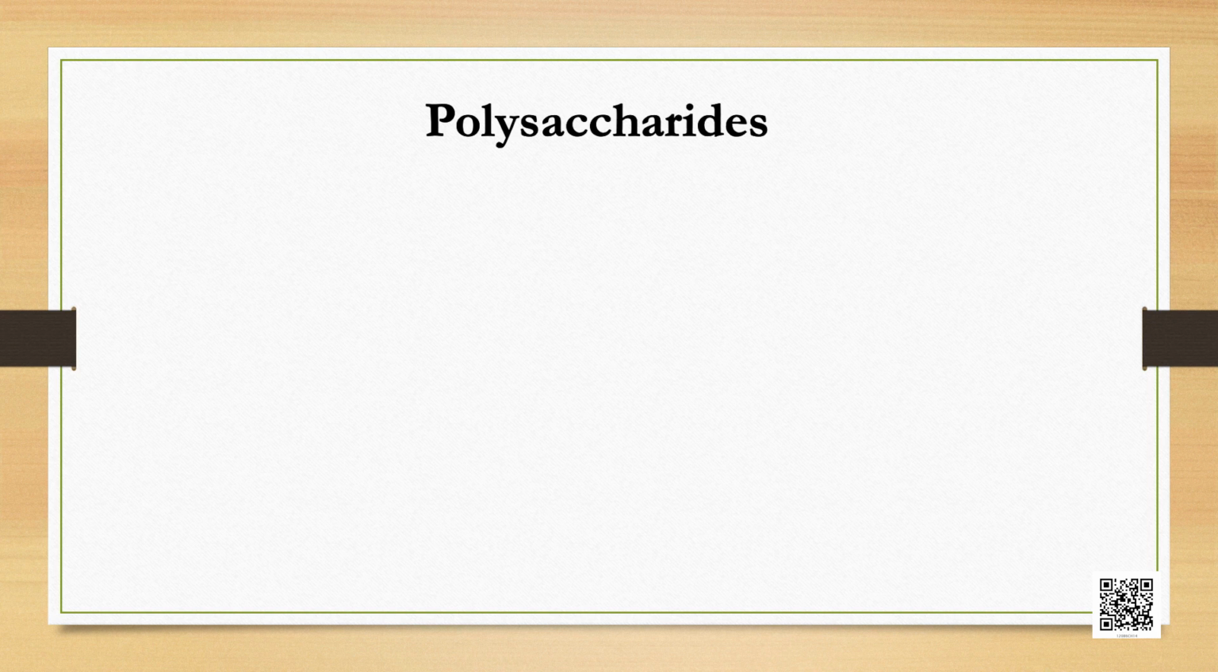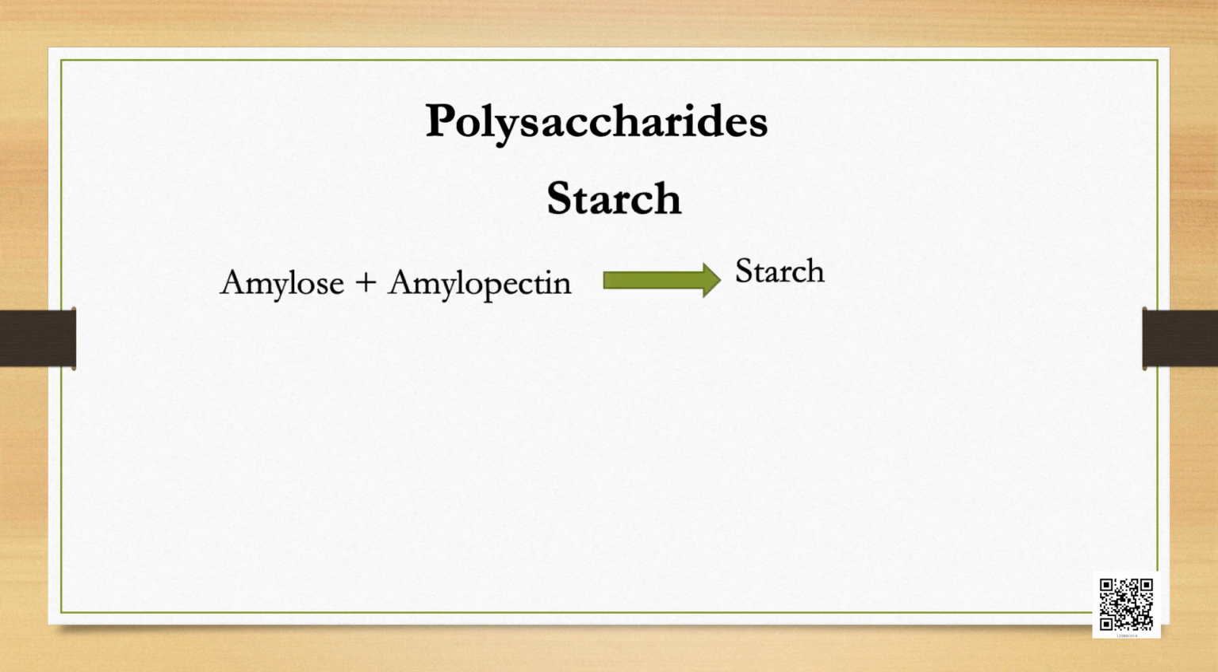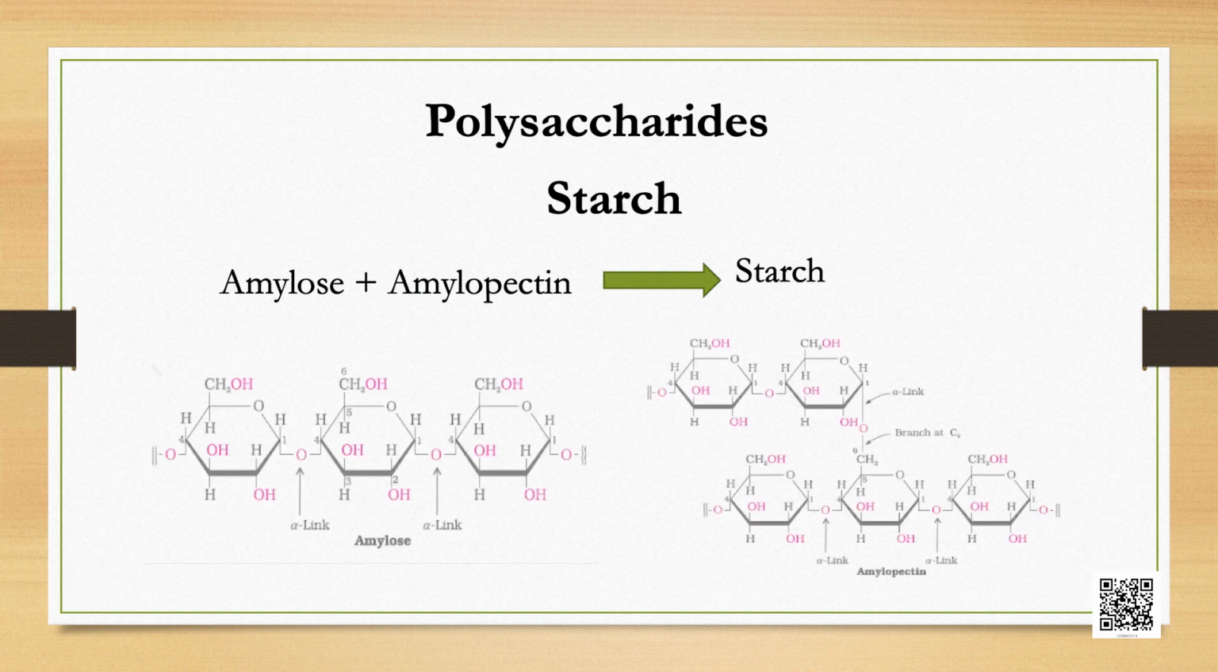Polysaccharides contain a large number of monosaccharide units joined together by glycosidic linkages. Starch is the main storage polysaccharide of plants. It is the most important dietary source for human beings. It is a polymer of alpha-glucose and consists of two components, amylose and amylopectin. Amylose is a water-soluble component. It is a long unbranched chain with 200 to 1000 alpha-D-(+)-glucose units held together by C1-C4 glycosidic